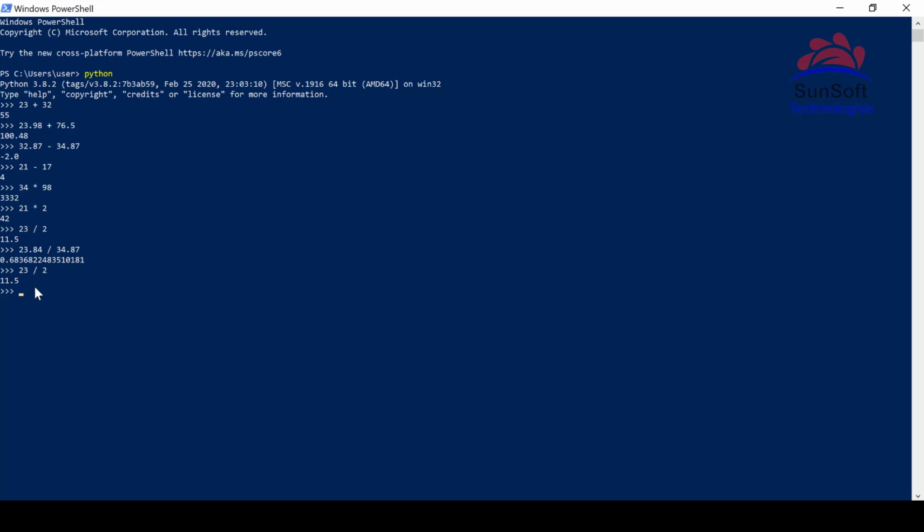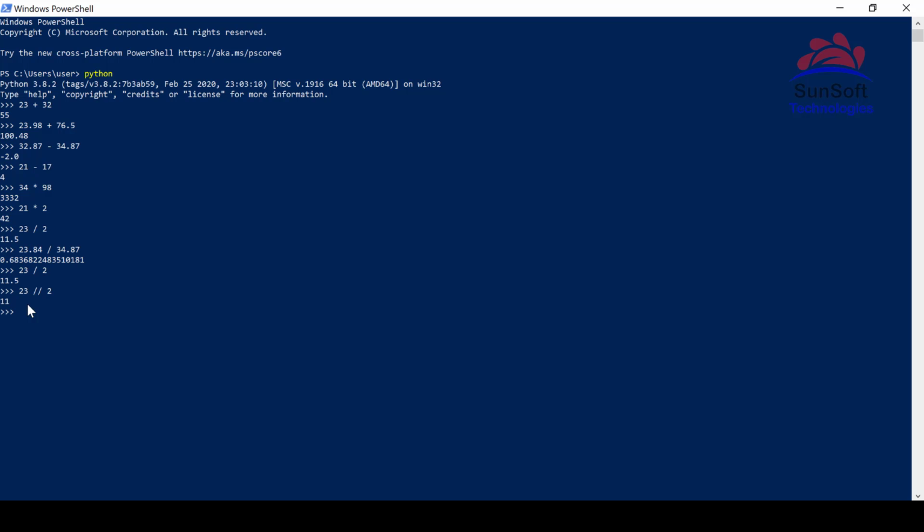Rather than 11.5, I only want to know the whole number quotient. So for integer division, I have another operator, the double slash. Now when I do this with double slash, it gives me only the integer part of that fraction.